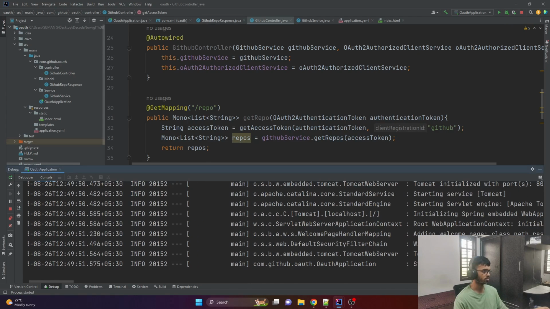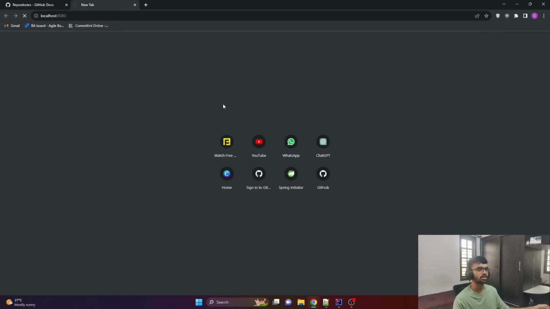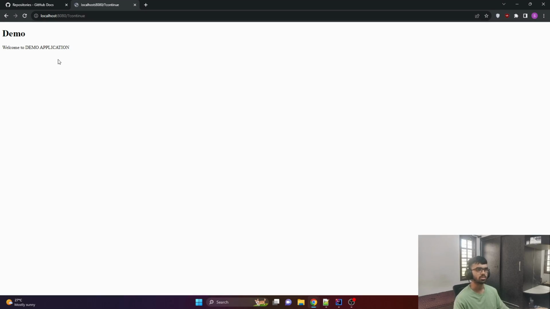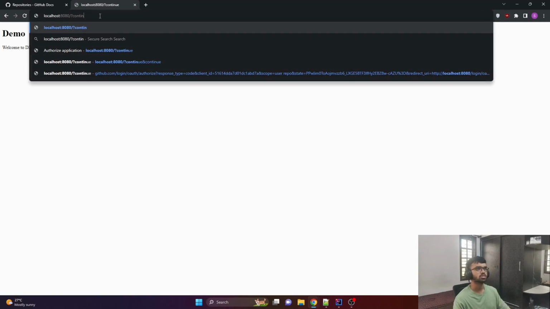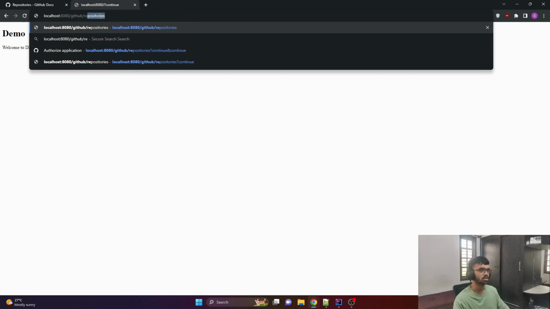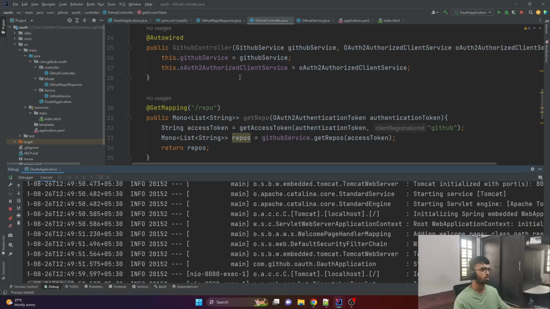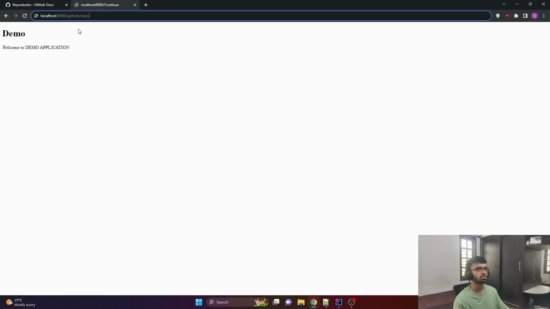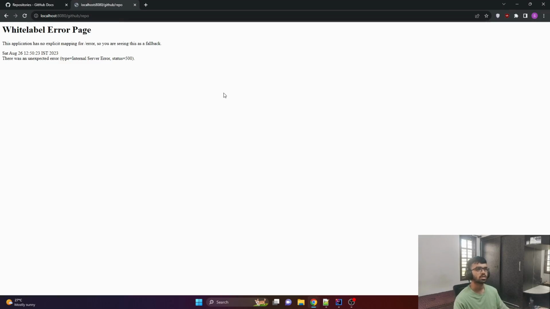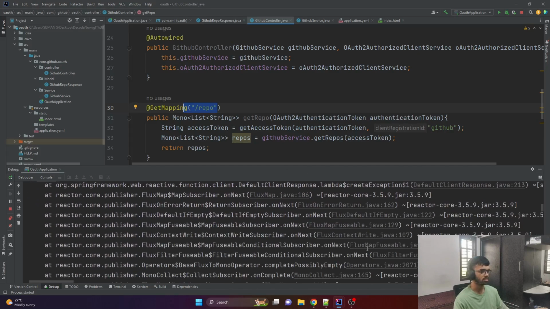The server started on port 8080. So let me jump into the browser and say localhost:8080. The front page is running properly. Let me just say localhost:8080/github/repo. No, it's just repo, not repositories, if I remember properly. Yeah, it's just repo. And if I hit enter, I'm getting an unexpected error of 500 internal server error. And if I see in the console,